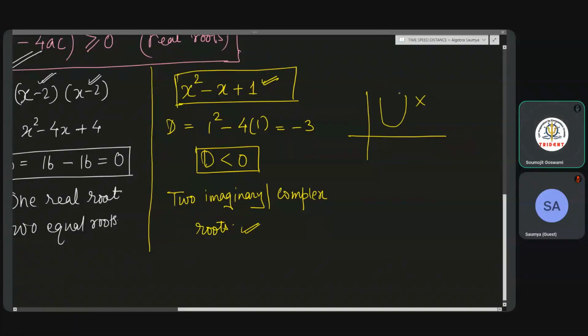So it's okay if you persist the graph. You can say it's not cutting the x-axis, so maybe I can say that there are no real roots. But this is actually not the case. The point that I'm trying to make is that, please forgive me if I again start talking mumbo jumbo,